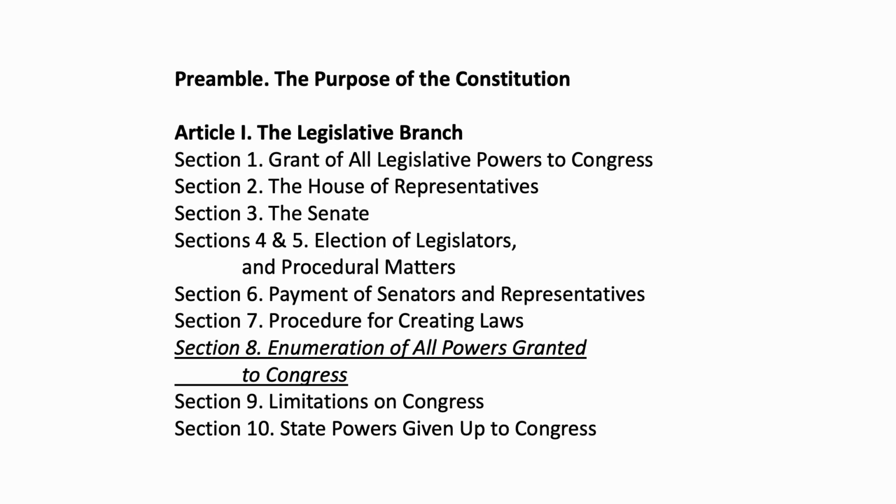This is important because you need to understand the way the founders intended the Constitution to work. They thought that Congress would be the first and most important branch of government, not the president. Understand? This is very clear from reading the Federalist Papers. The founders thought this country was going to be run by Congress that would give the president things to do, and the president would do what Congress told the president to do. That is not the system we currently have.